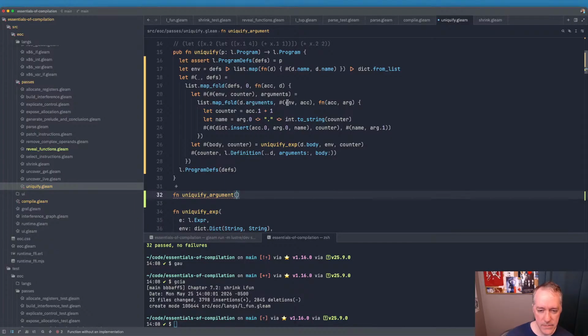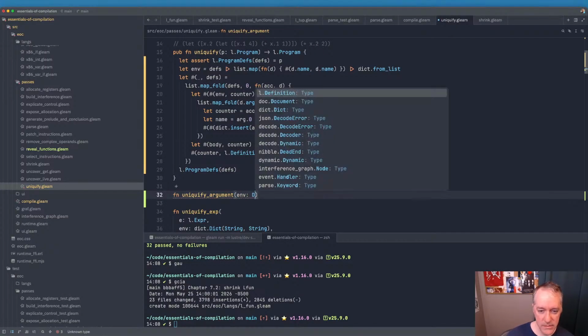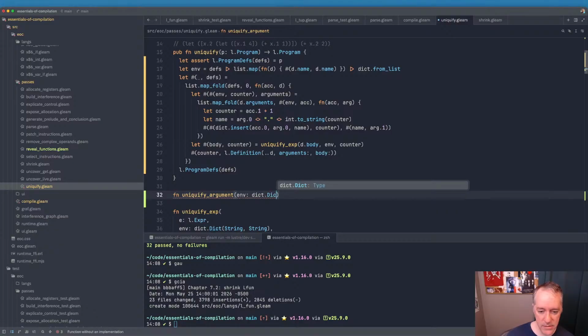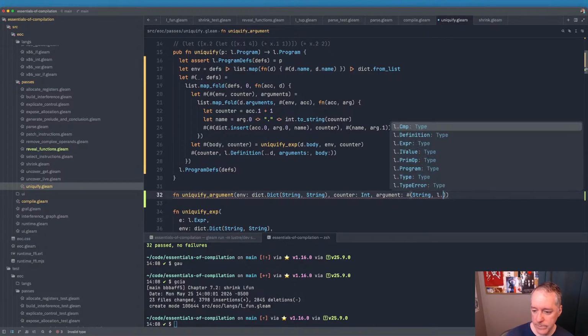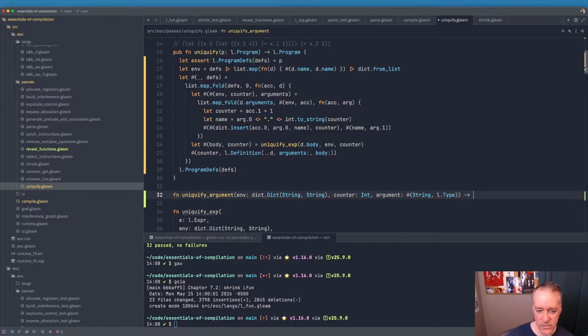And then we can say, so env is a dictionary, string to string. And the other bit that we have in this accumulator is the counter. Counter is an int. And argument is a, and this is going to return